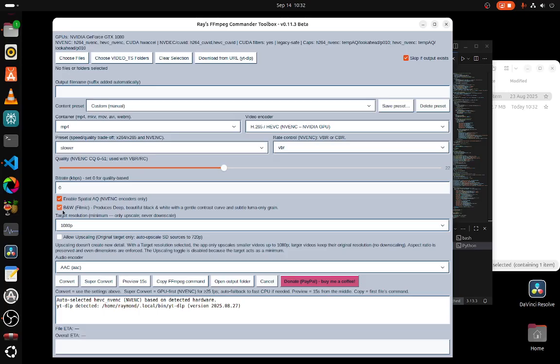So I spent some time investigating. Now it's going to produce filmic. It produces deep black and white with gentle contrast curves and subtle grain. So that's what that is. I might actually add some sliders here, like 1, 2, 3 to the right, so you can adjust some of these things. But for now, it works really well. The second thing I worked on, because I actually watch a lot of movies in black and white, so this was an important feature to me, was incorporating YTDLP into this tool,